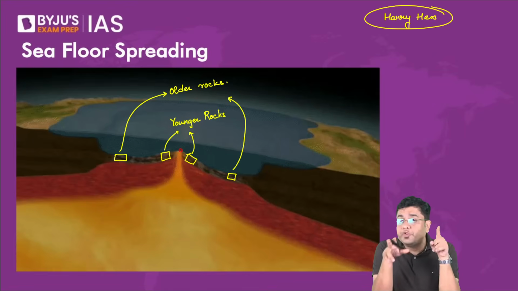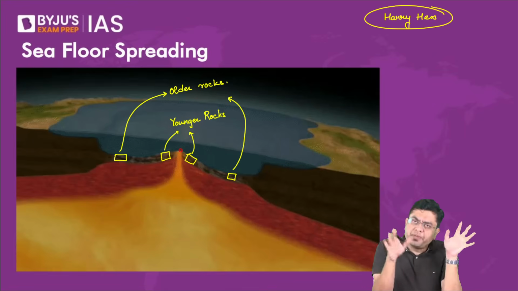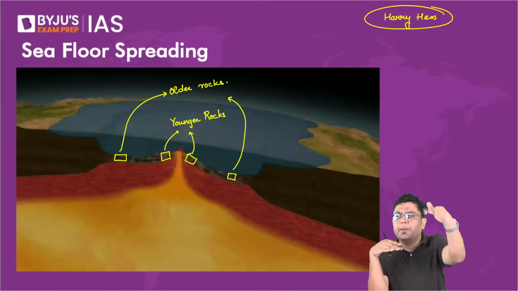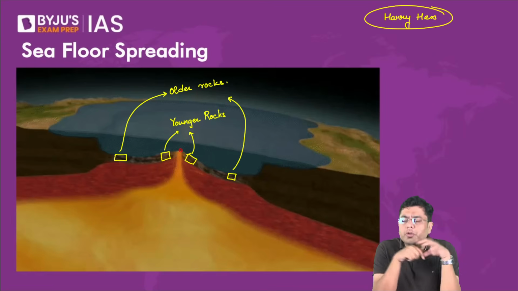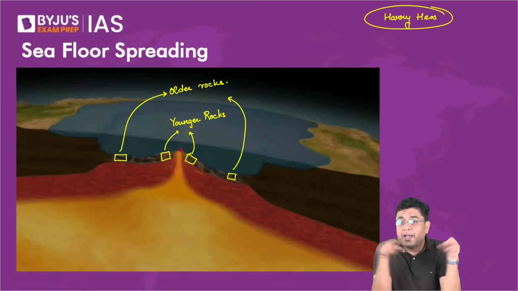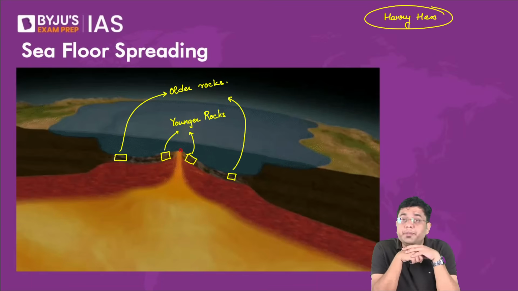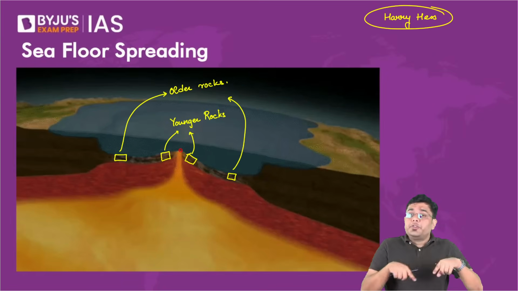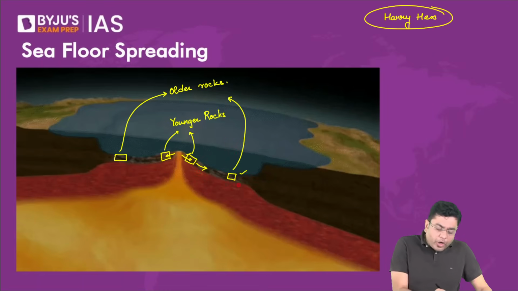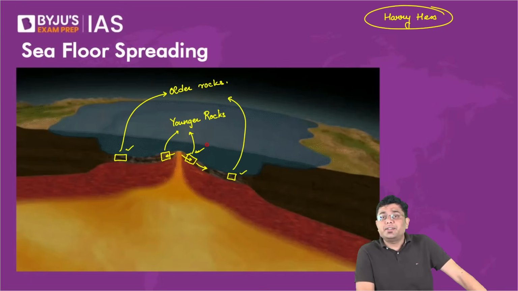Mid-oceanic ridge, don't get confused by that statement. Mid-ocean simply represents the middle of the ocean, and ridge represents a continuous upraised portion. So mid-oceanic ridges, which are a site of active volcanism, are where you find the younger rocks, and away from them you find the older rocks. So newer crust would be created at the region of these mid-oceanic ridges, and slowly and steadily they would be pushing the older rocks sideways. That is how here you find the older rocks, and here you find a very new rock in existence.